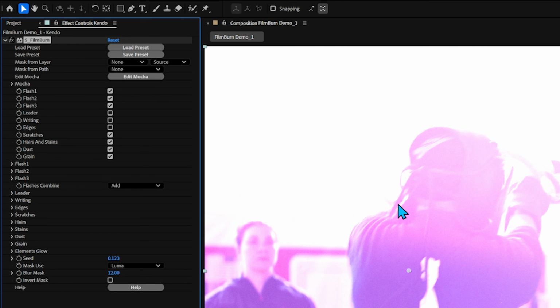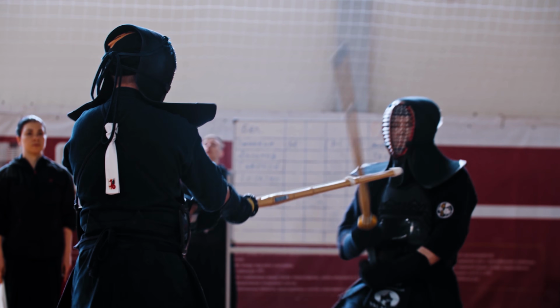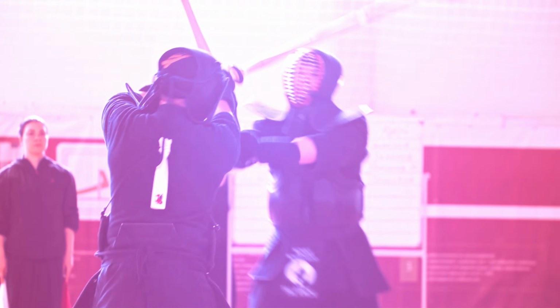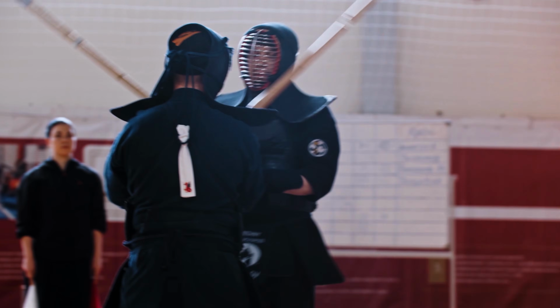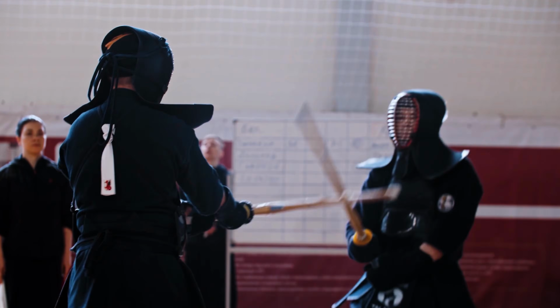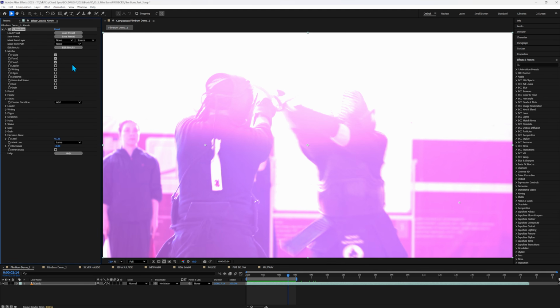There's 3 flashes at work right here that are all switched on. Going from largest to smallest, the other effects that I pointed out are at the bottom. There are scratches, hairs and stains, dust, and grain. So let's solo our flashes. You can see things moving, and different shapes are appearing and glowing at various degrees all the way across the footage. What's amazing about this is that it's not keyframed. This animation is happening automatically, and I'm going to show you those parameters, but first let us bring it back